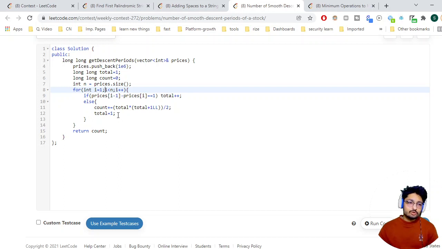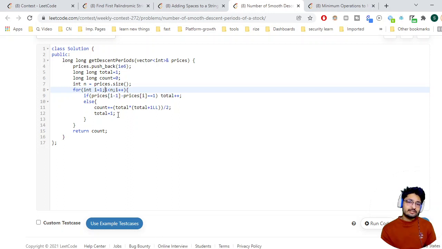Why do you make your total equal to 1? Because now this is the outlier. Let's say you start from 4, the next numbers are 3, 2, 1, 4. So from 4 again, you have taken the first number. My point is that 4 is also the first number in the next segment, so you have to also take account of that. If you just look into the code, it will become more clear to you. But total equal to 1 means that now you're starting a new segment from which you are calculating the decreasing elements. Because 4 is in the next segment, it should be taken into the next segment as a count.